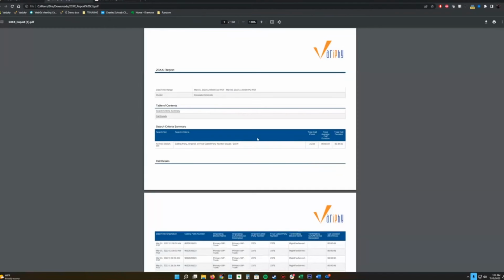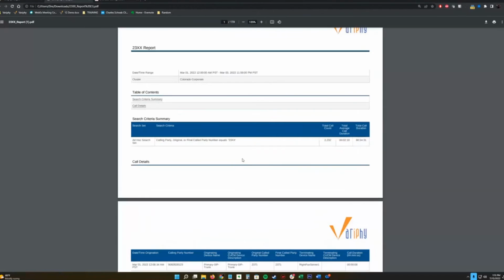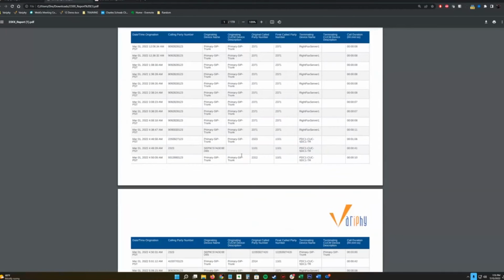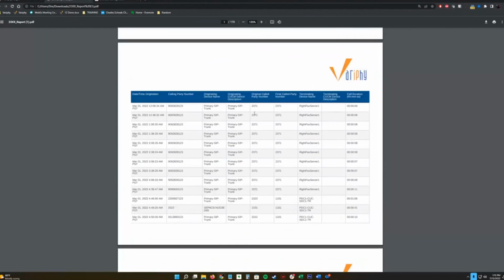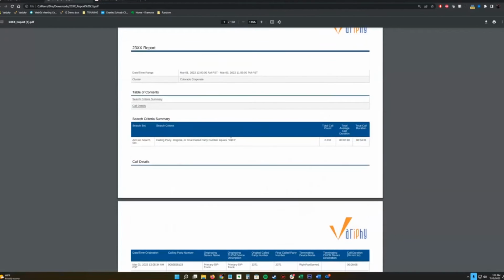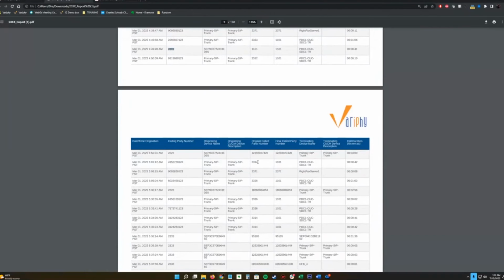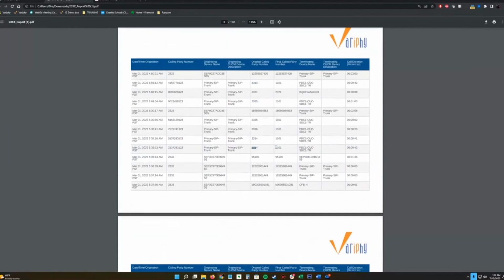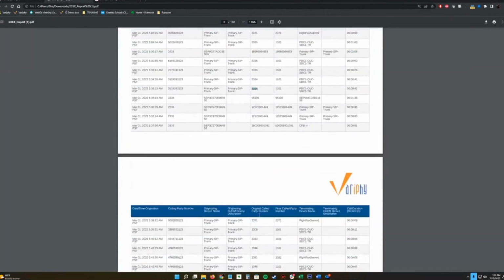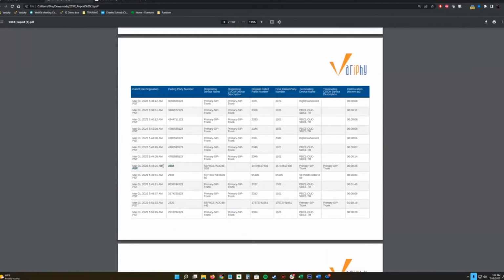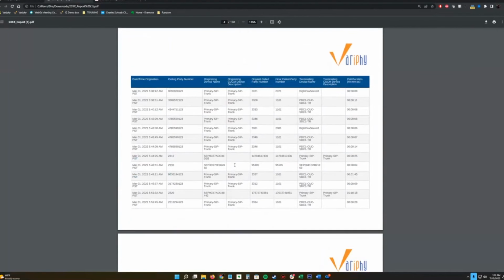All right, let's go take a look at this report. I'll zoom in just a little bit so you can see. If you look at this report, we ran that on the 23XX, so we should be seeing numbers 2320, 2323, 2314. We got numbers all over the place that have 23s in them.